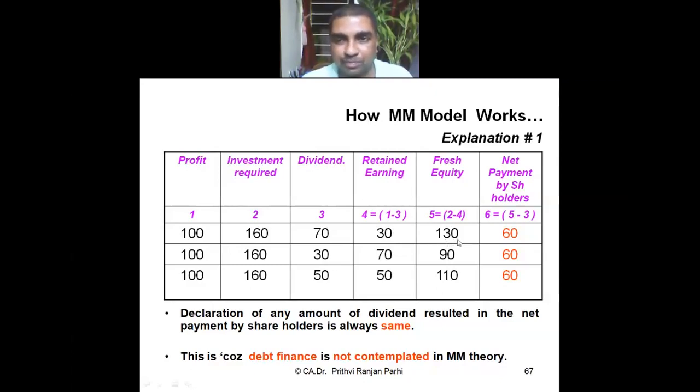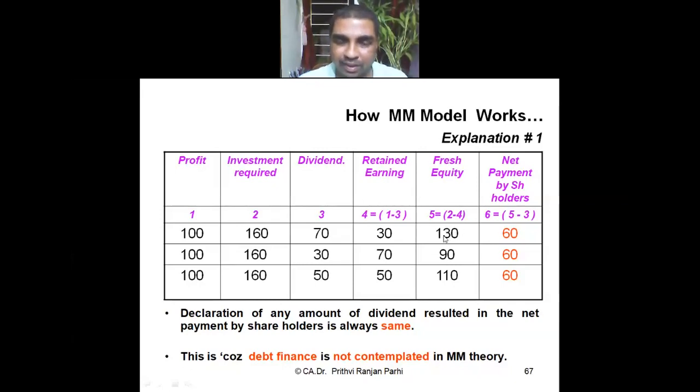All of you are sure? 130 is required, and the company cannot take debt because it's an all equity firm. So what can the company do? The company can issue fresh equity, right? There is no retention money. The company can issue new equity, fresh equity, for 130 rupees. So the company has issued fresh equity for 130. Meaning the equity shareholders will pay 130.